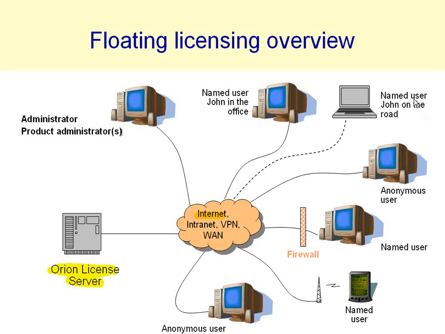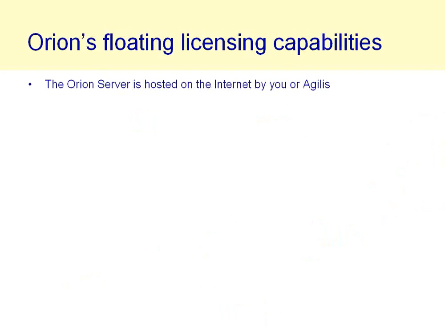So here is floating licensing. It could be over any type of network. And as I mentioned, you have two types of models. You have a named user license, where a particular individual has a license that's dedicated to them and is managed under a unique username. Or you could have anonymous user licenses, and you could have any number of pools of them. So you could have 5 licenses shared by the engineering group, 4 shared by marketing, and 10 shared by the admin group, and so forth. All managed from a license server hosted on the internet or a redistributed license server.